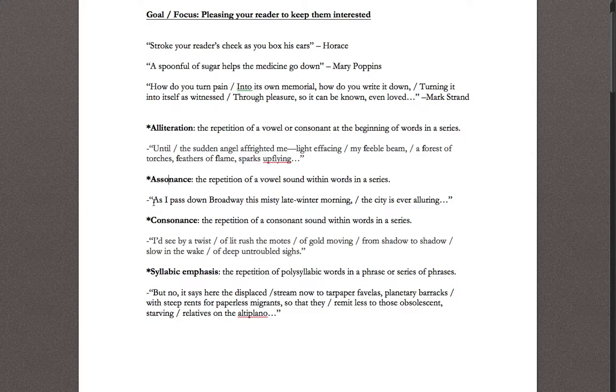And so we have from Displaced of Capital a line of description that says, "As I pass down Broadway this misty late winter morning, the city is ever alluring." Vowel sounds A, E, I, O, and U. The one we see most common here is the I. This, mist, late, winter,